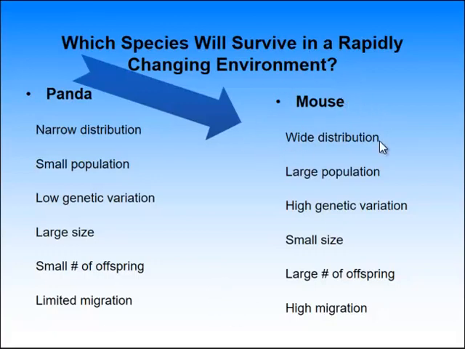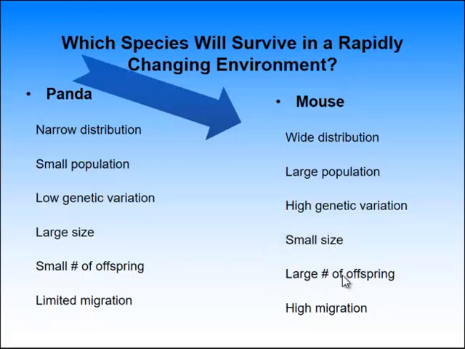The mouse can live anywhere. There's a lot of mice. There's never just one. There's not 5, there's not 10, there's like hundreds. And they're all different: shorter tails, longer tails, bigger nose, smaller eyes, gray, dark gray, brown. They have a small size. Small size actually helps it with adapting to environmental change.